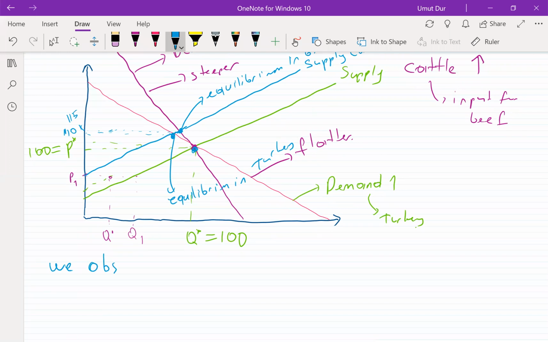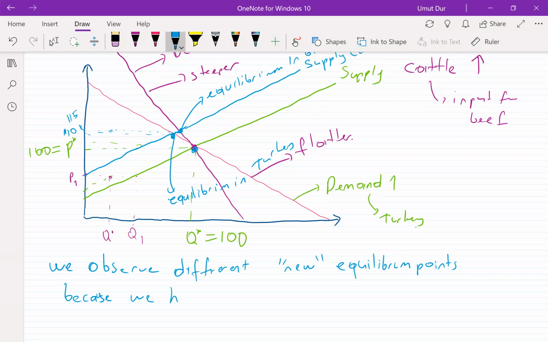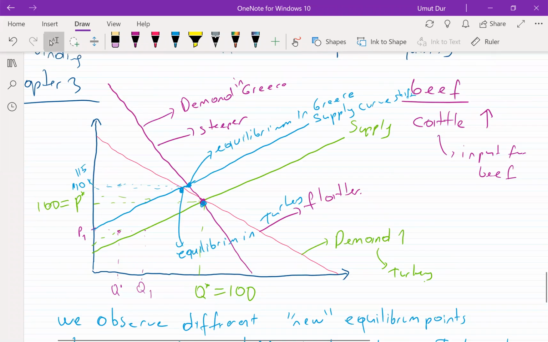we observe different new equilibrium points because we have different demands in Turkey and Greece. Okay, so when you look at this graph, okay, so